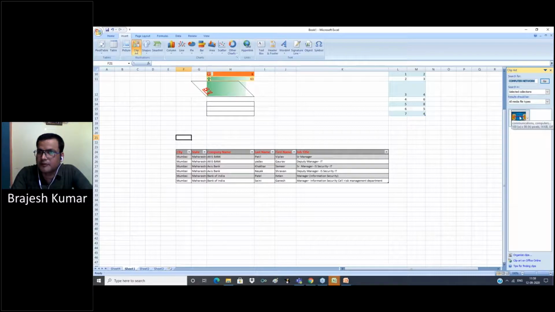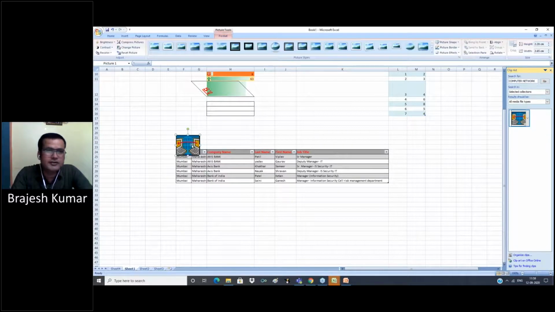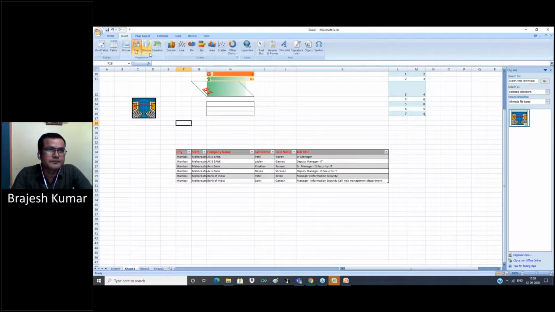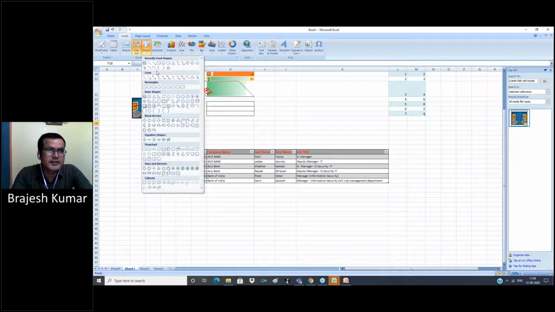Go. Now this option comes. We can use this clip art here. Shape: you can use shapes to make your data more interactive, as per your use. But generally we do not use this option in our daily work.